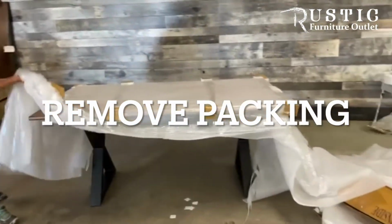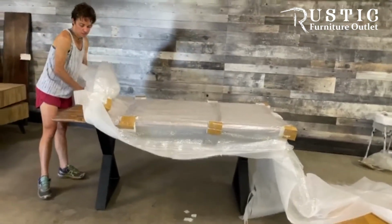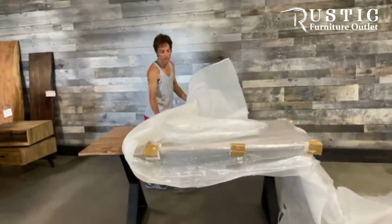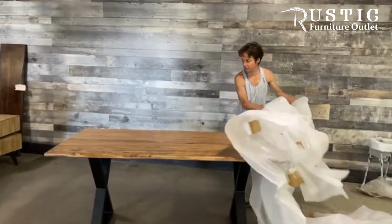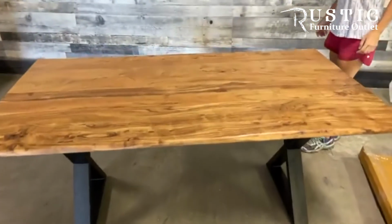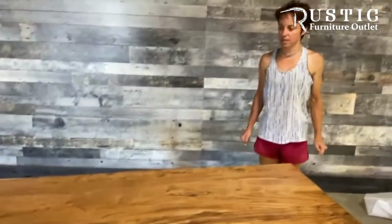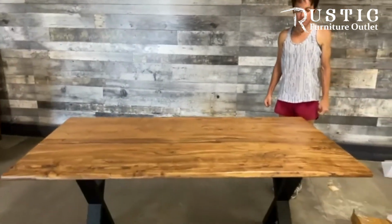So again, keeping in mind the packing, as I keep all the packing together, and I just peel the packing off the table, and you'll see, et voilà, une table assemblée solo avec une boîte qui a commencé à 130 livres, livrée devant chez